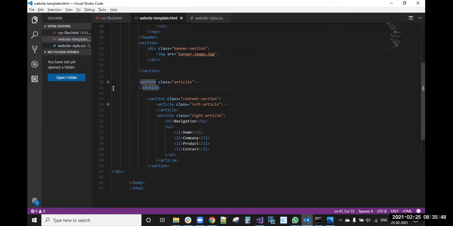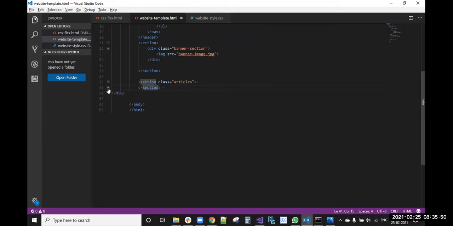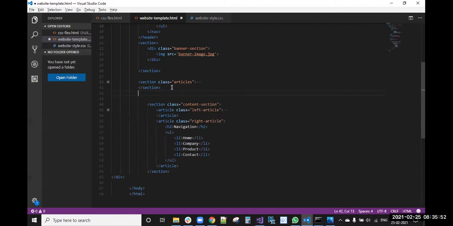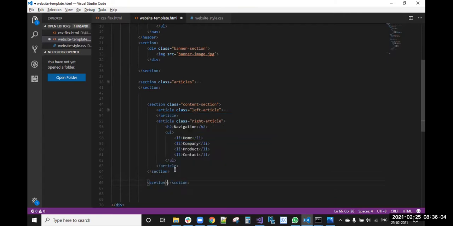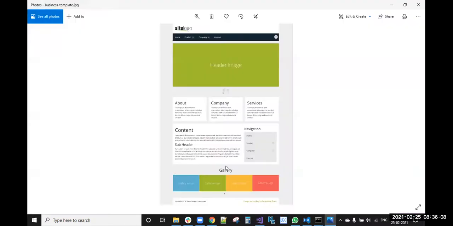So this is one section, right? After this section, one more section. In this section, this gallery is there, right?